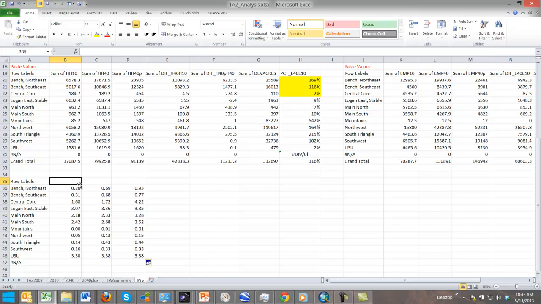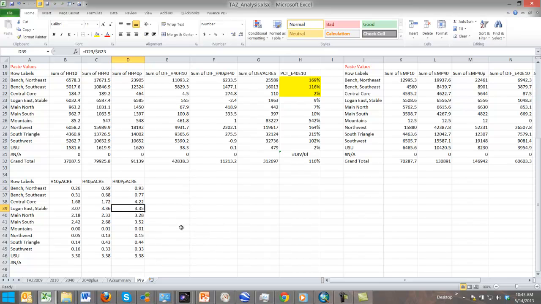So now this gives me H10 per acre, I'm going to call it acre, and copy this is H40 per acre and H40 plus per acre. Okay,